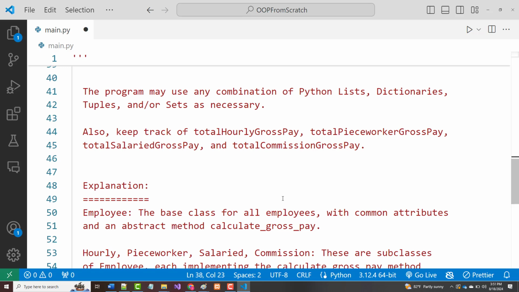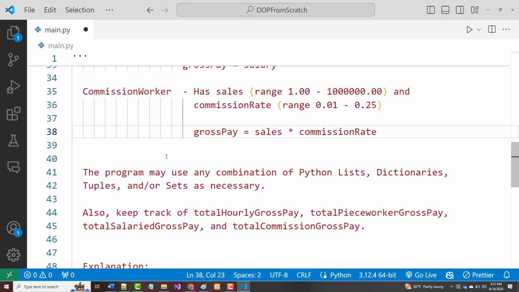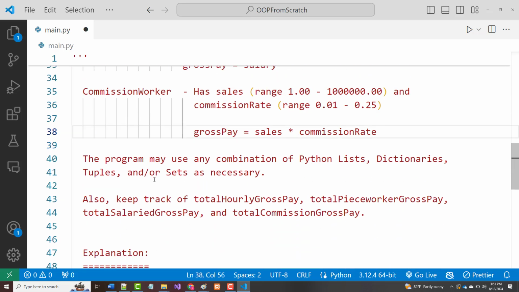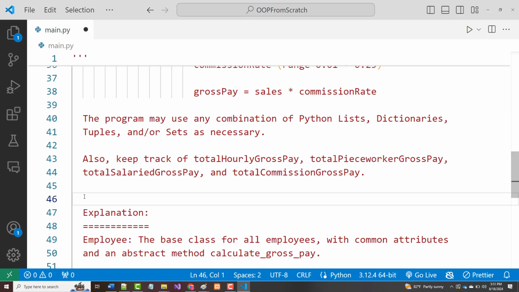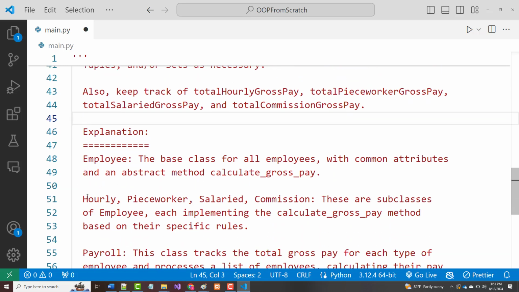Also, we want to keep track of the total hourly gross pay for all the hourly employees, total piece worker gross pay for all the piece workers, total salaried gross pay for all the salaried workers, and total commission gross pay for the commission workers. All right, so let's get this. Looks a little better, and so does this. There we go. So as far as the explanation,